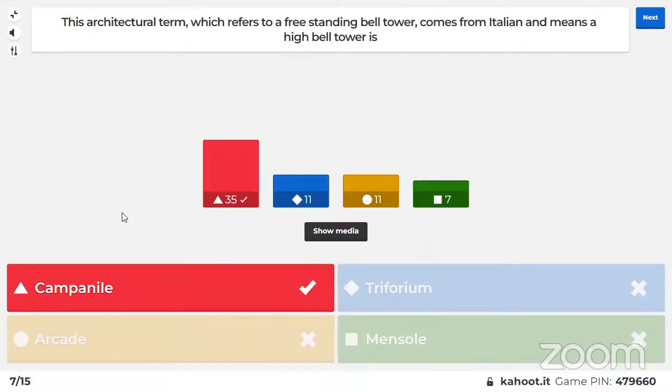All right, the architectural term which refers to a freestanding bell tower, which comes from Italian and means a high bell tower, is campanile. The name campanile is derived from campana, which means bell in Italian. Okay, moving on to